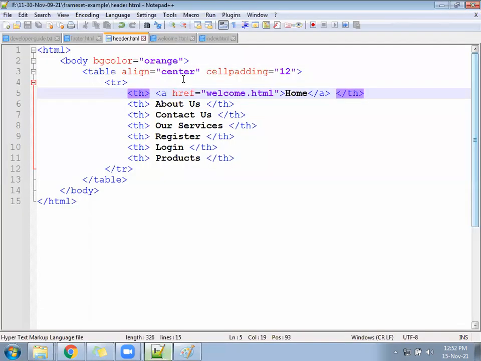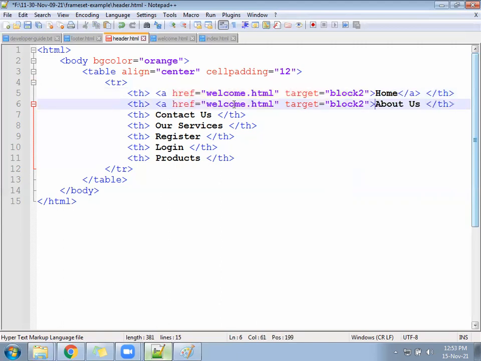Okay, so we have written href, and after that href, the file name is welcome.html, and it is linked by the home tag. Here you will write target equal to, where you want to send, block 1, 2, or 3. Block 2. Block 2 is the middle section. Block 1 click will happen, data has to change. So block 2 is not anything ready-made. It's made by us only. User-defined target.